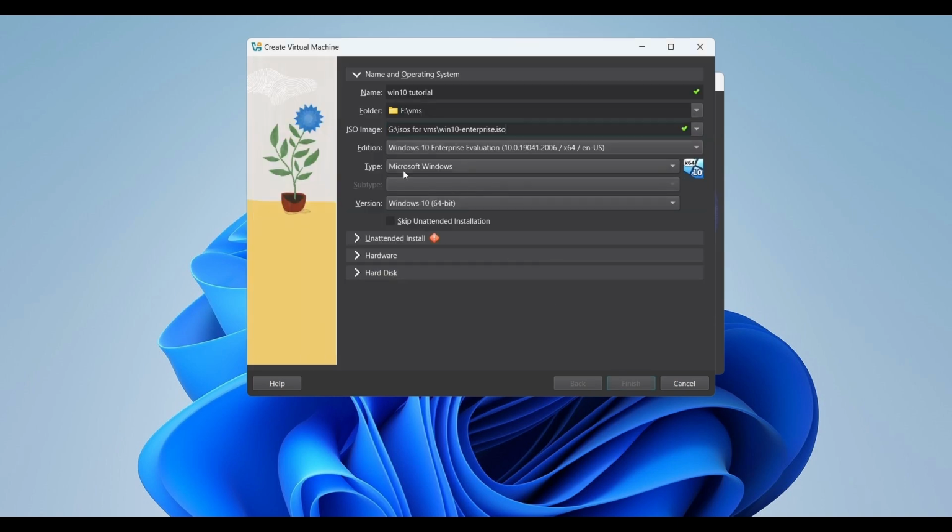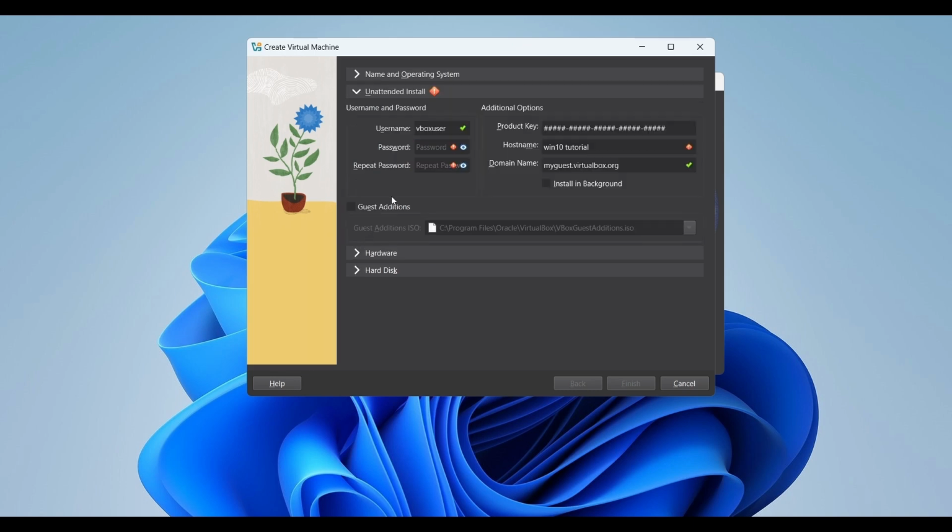Here I have the Windows 10 ISO, and click open, and it has already detected Microsoft Windows. And then I'll click on the unattended install as I want to fill in the details, so I don't have to go through all those Microsoft sign-in pages and all those privacy confirmations. VirtualBox will do it for you, and just give a random password that you will remember,